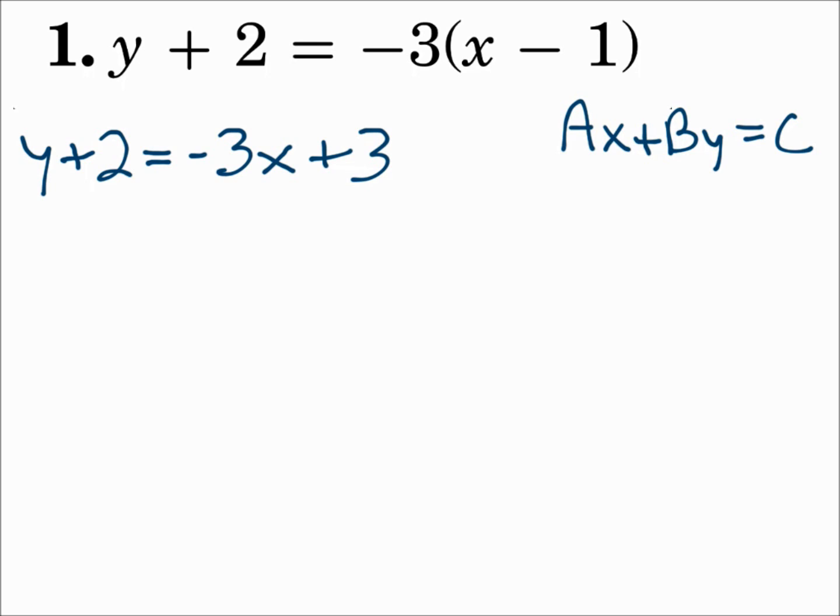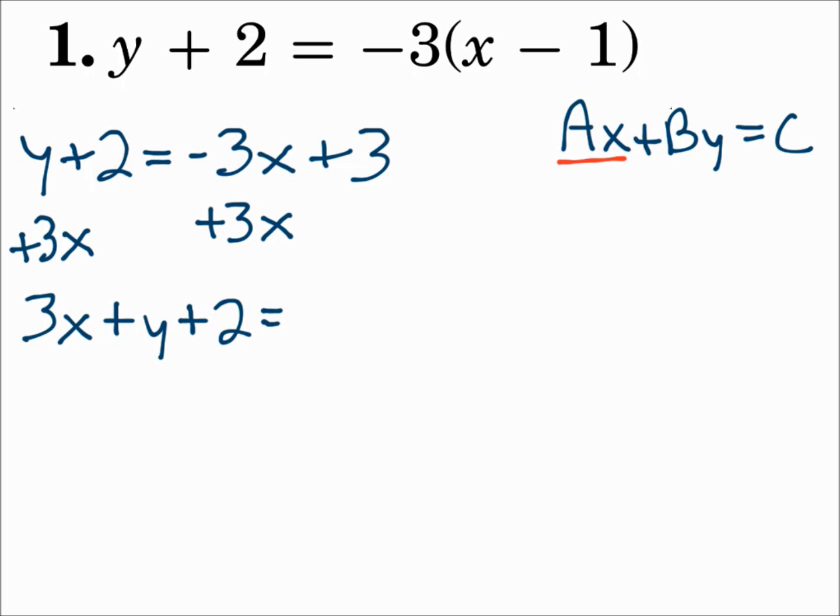Now get the 3x's on the left. It's a negative 3x, so let's add 3x to both sides so that they move. Since I want the x's first in my final answer, let's go ahead and write them first now. It's a positive 3x plus y plus 2 equals 3. The x's are where they go, the y's are where they go, but the constants are not all